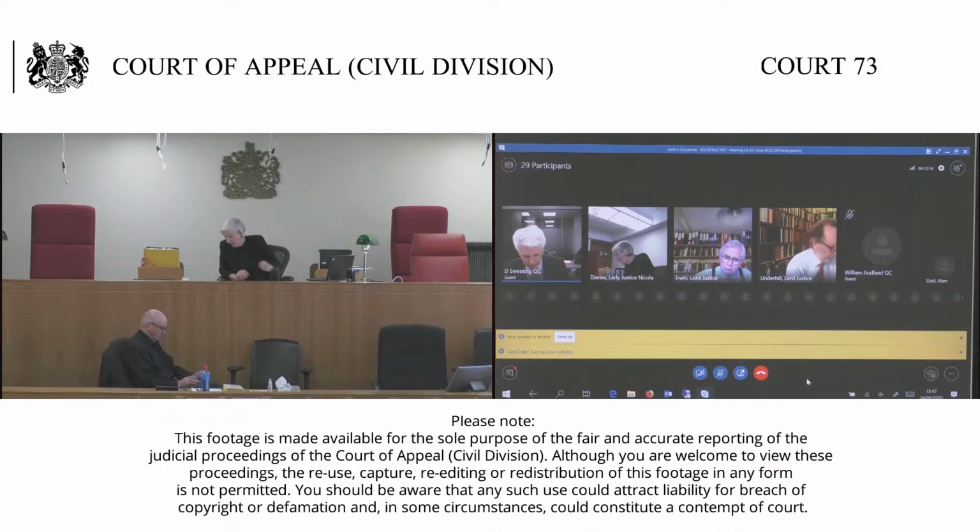My lord, over the page at 17.5, we do actually put forward a hybrid solution. And I would say at this stage that on reflection, and probably from the outset, we think it might be very difficult for the court to order this. But it is an interesting hybrid in terms of the discussion around solutions,